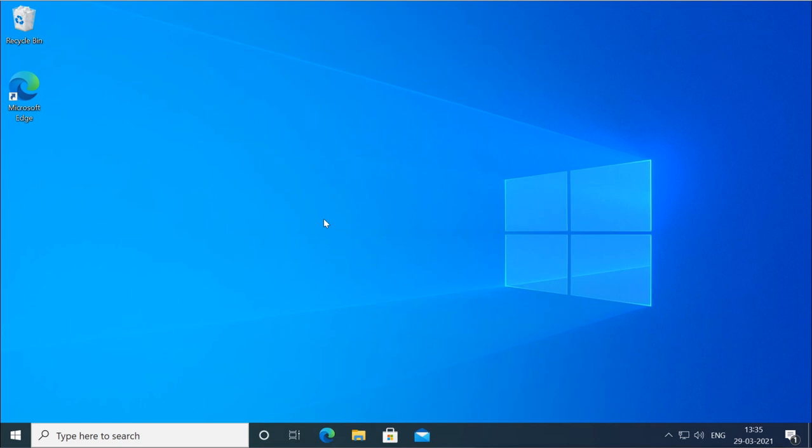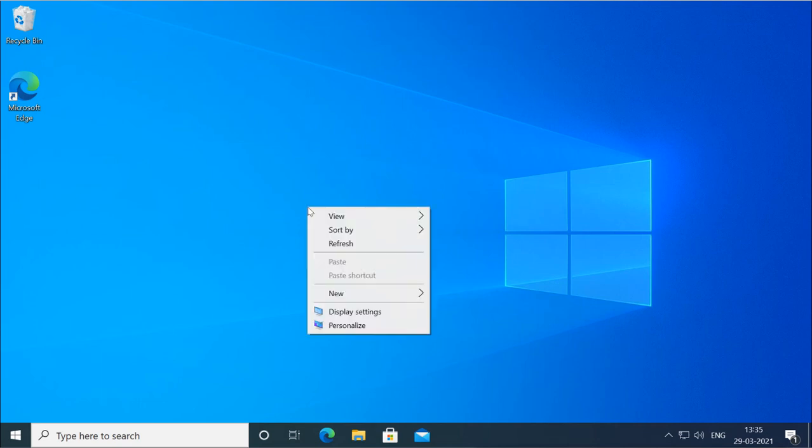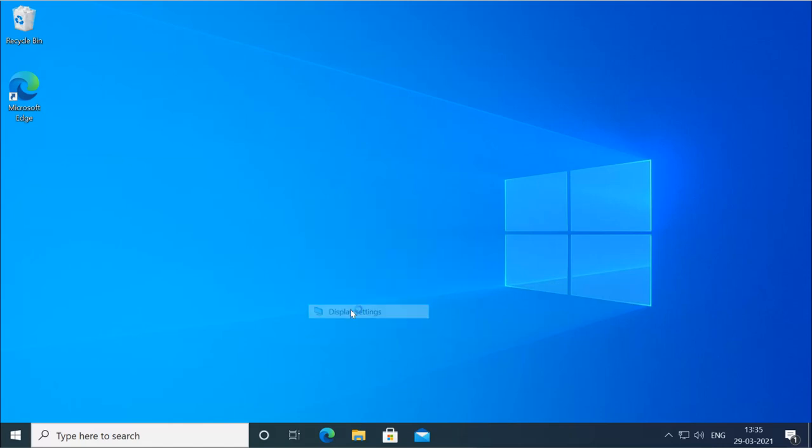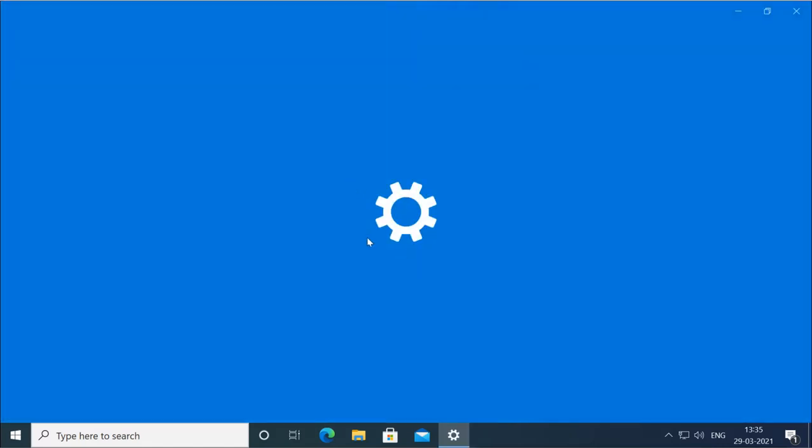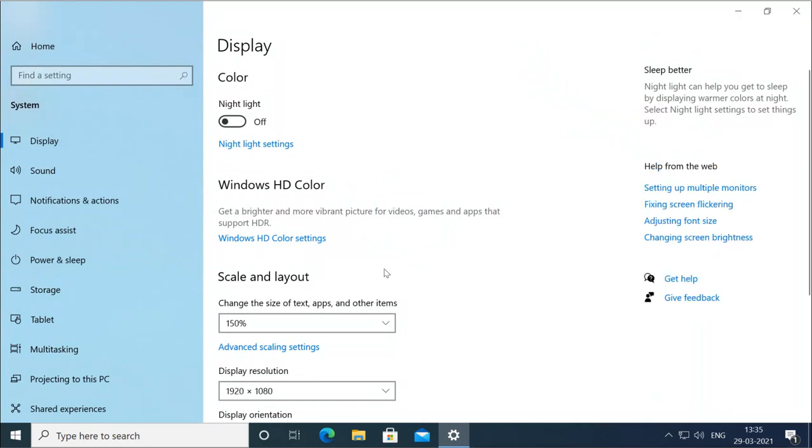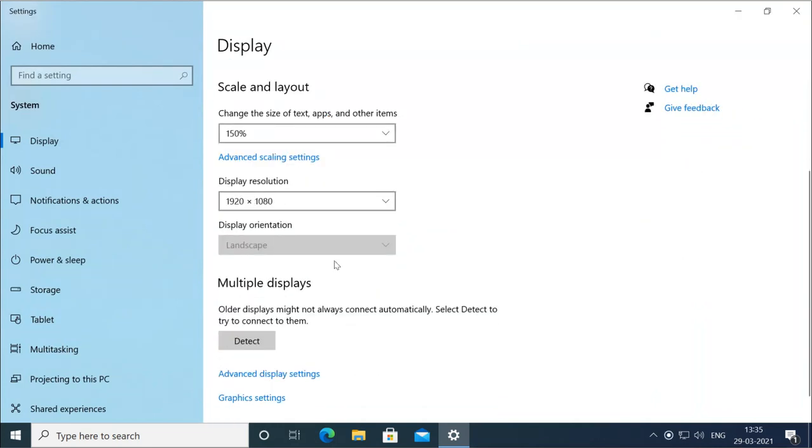Other configurations are the same as how you manage your desktop by using the display setting. By right clicking on the desktop, you can go to the display setting, and you can change the resolution. These are the same as previous versions of Windows. You can go to personalize.